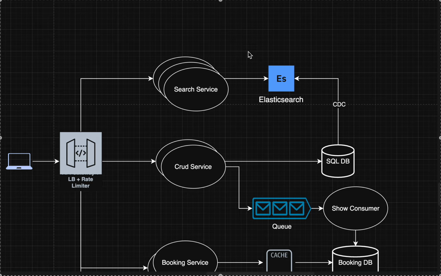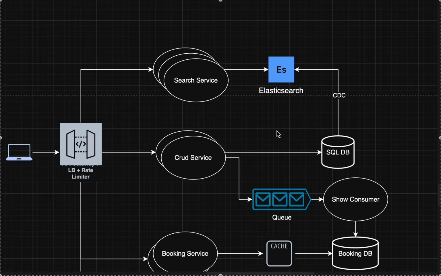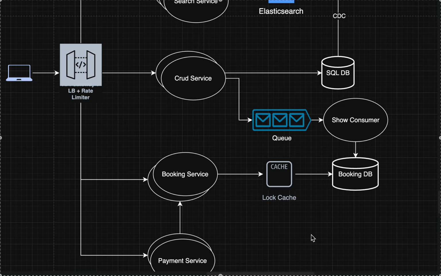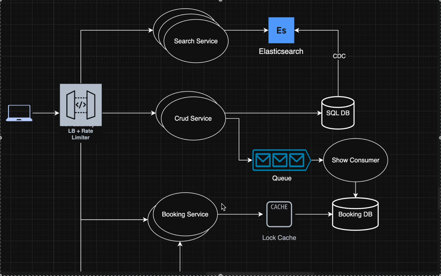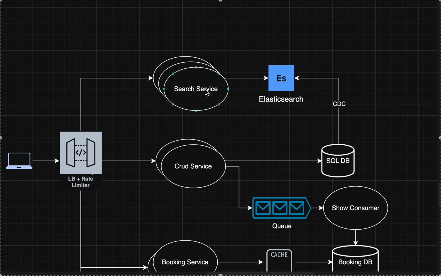So we don't need cache here. Okay, but yeah, we are maintaining a lock cache here. So what will this lock cache do? Okay, so what we can do here is, as soon as the user clicks on